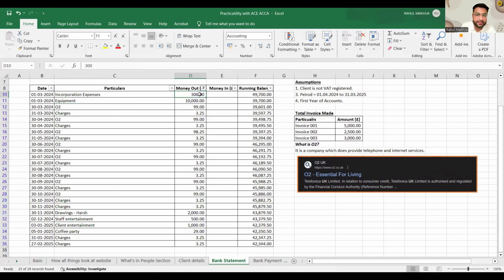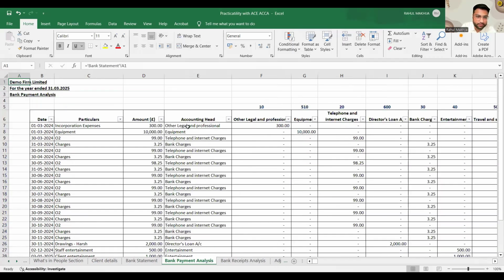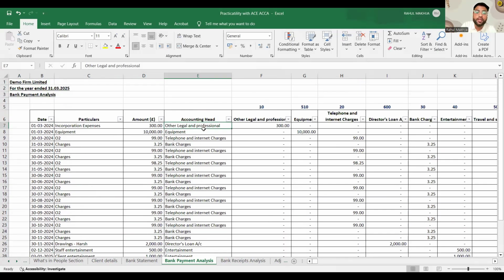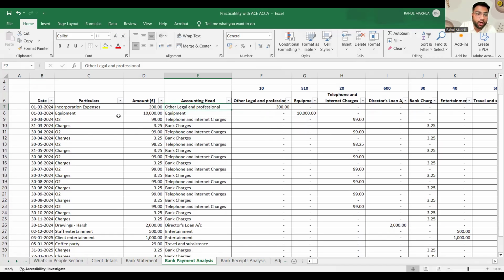So you can see these are all the payments made during the year, which is about 14,656 pounds. And we have categorized this into particular accounting heads, which are appropriate as per the nature of business. We find the nature of business on the HMRC website by searching company name or company registered number. So here we have categorized the incorporation expense as other legal and professional fees, equipment as equipment addition,